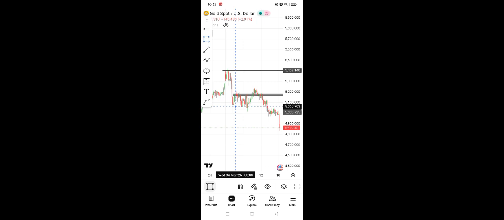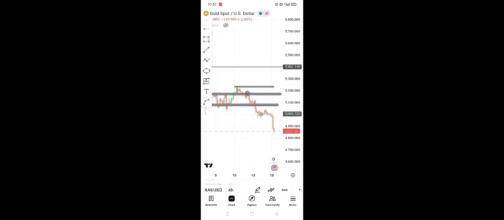Then we do have support here that are getting broken. And then, so remember that our entry come from this level, right? Yeah, we do believe on that day the price could go up to this high because it already break, and we know in our mind that anything above this high,